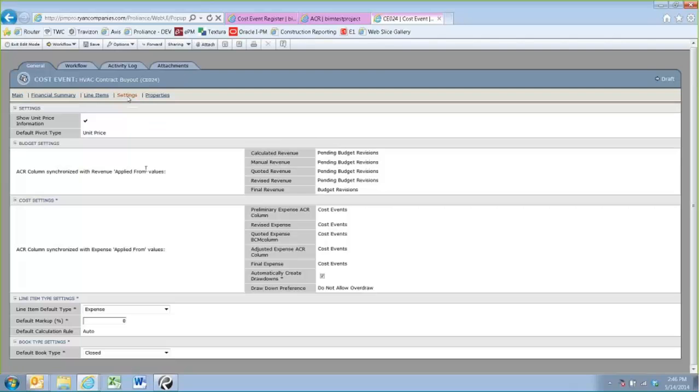On the settings page, there's really only two fields to take note of. One of them is automatically create drawdowns, and the other one is the line item default type. I'll start down here because this is a little more straightforward. Line item default type. When you go and add a line item, that single line item can represent expense-only costs,